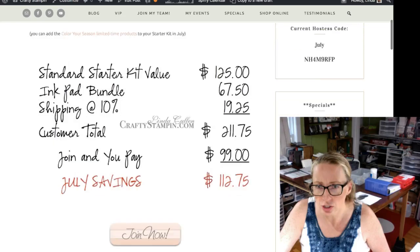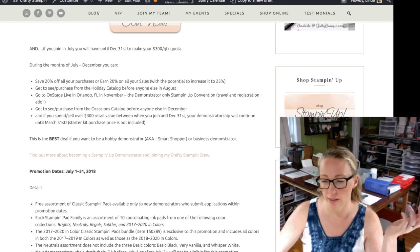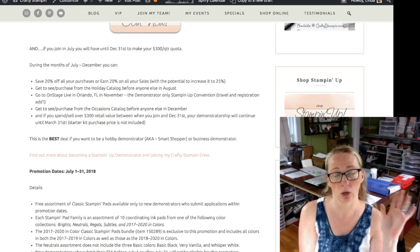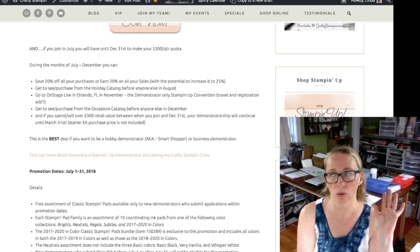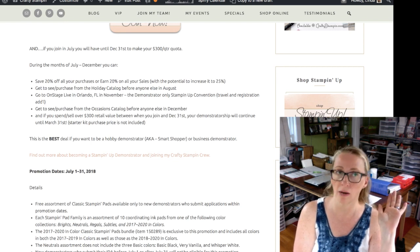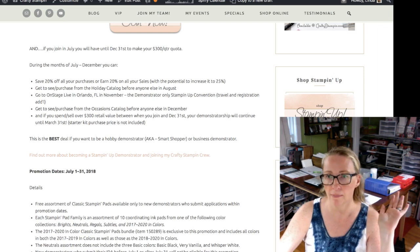And if we come up here, during the time frame, when you join, you have a quota. You have a $300 quota per quarter. Well, because we're already into a quarter, that ending quarter date doesn't count. So right now we're in July, August, September. So September doesn't count. So you are guaranteed through December 31st. So anyone who joins right now will be a demonstrator through December 31st. In that time frame